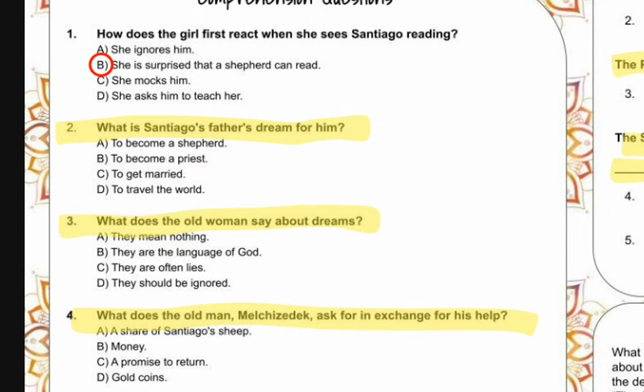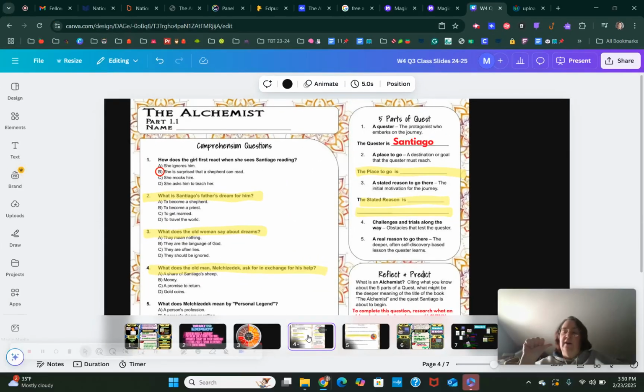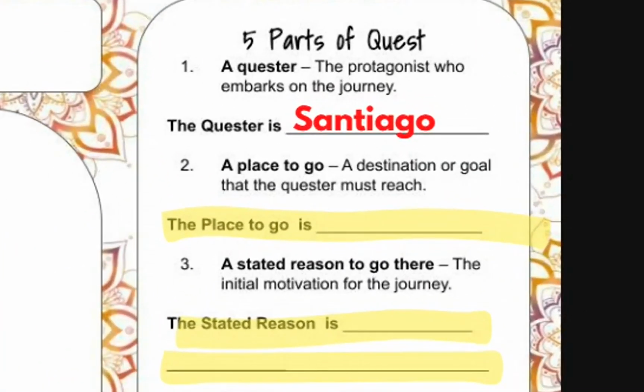And question 4, what does the old man Melchizedek ask for in exchange from Santiago for his help? All right. So that also tells you that we are going to start getting into that part where he's got a place to go for his quest and a stated reason for that. So you're going to need to be paying attention for his place to go, as well as his stated reason